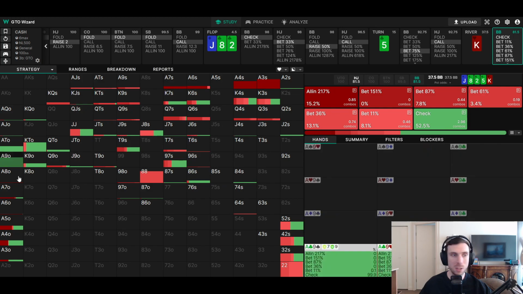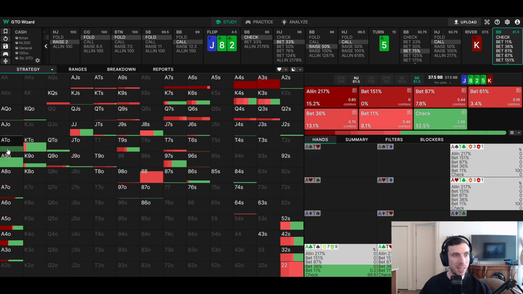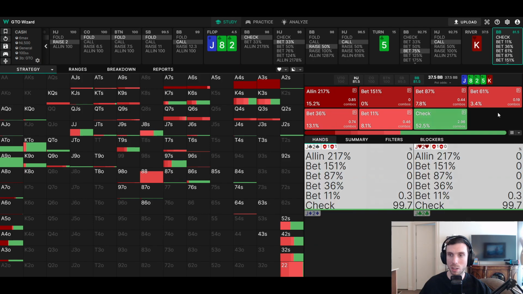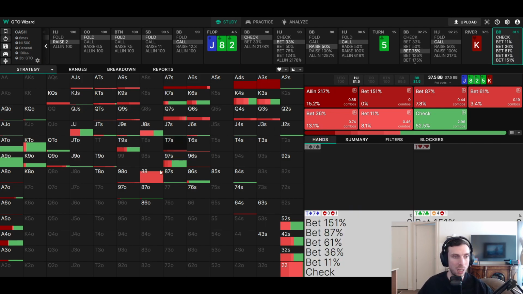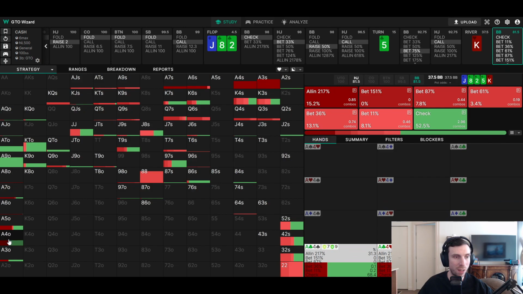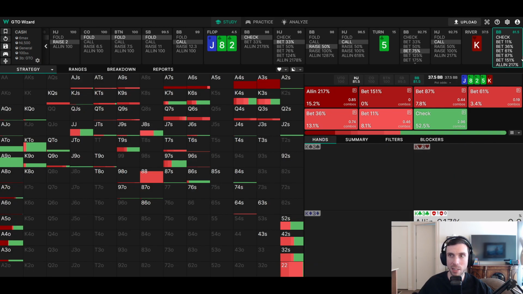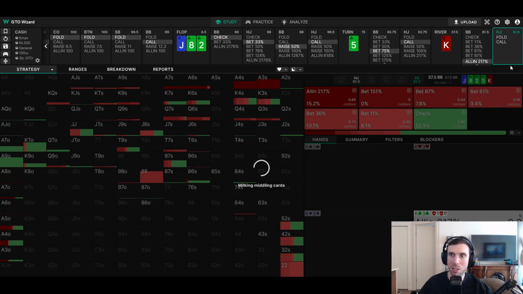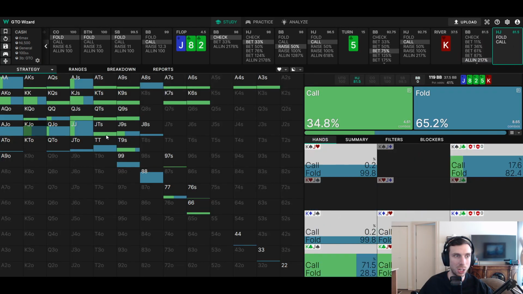So the reason I guess we are using these weaker offsuit aces is the ace 10, the 10 of spades or the 10 of hearts or whatever card we had on the side might be a bad card to have because we're blocking their folds with those cards, and then we're unblocking the folds with the ace 5, the ace 4, the ace 3, the ace 6, the ace 7, and the ace 8. So I think that's what's happening here, because if we shove here and we see what the hijack call range is,